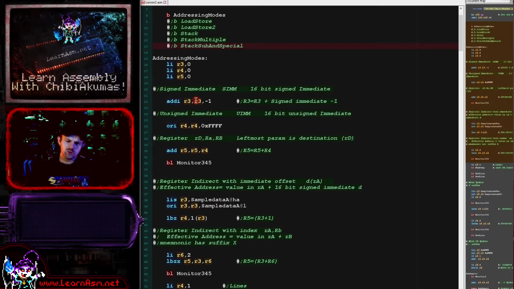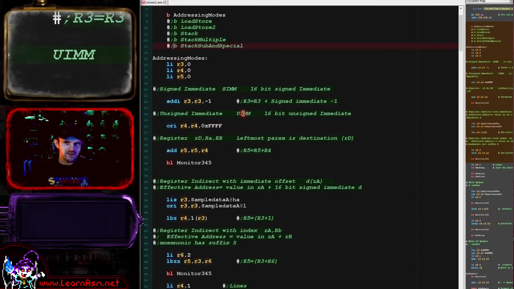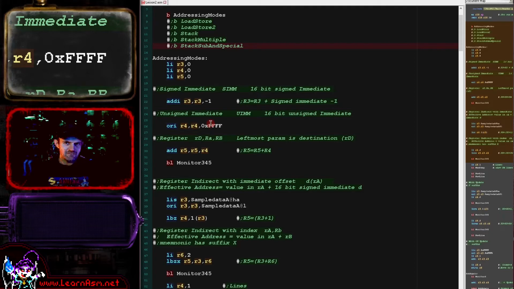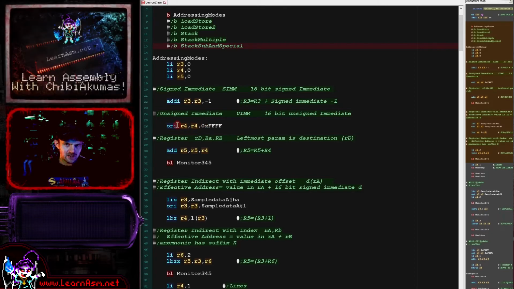But in a lot of ways, signed numbers don't necessarily make any sense for logical operations, because they tend to be thought of as working at the bit level, and so on the PowerPC, all of these work with unsigned numbers. And so these are all treated as unsigned, and they will have the sort of reference as UIMM in the official documentation. So here we've got the value FFFF as the parameter here, and this OR command we'll basically